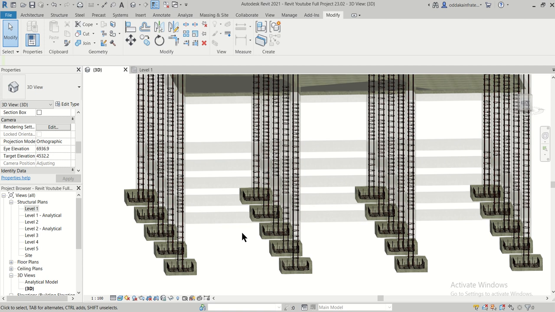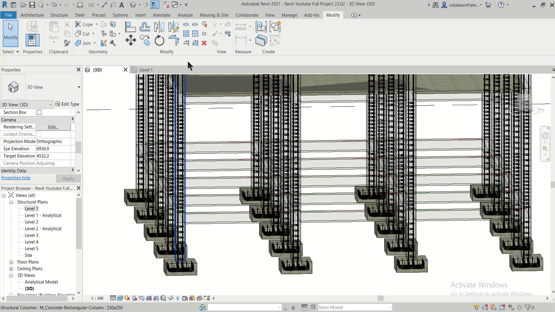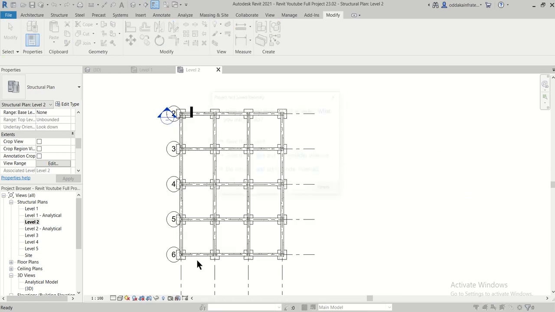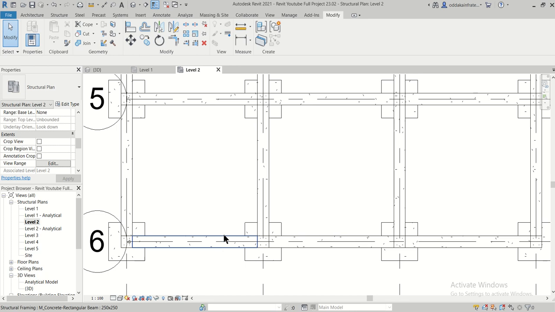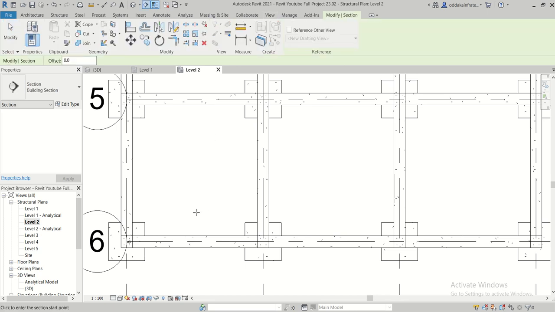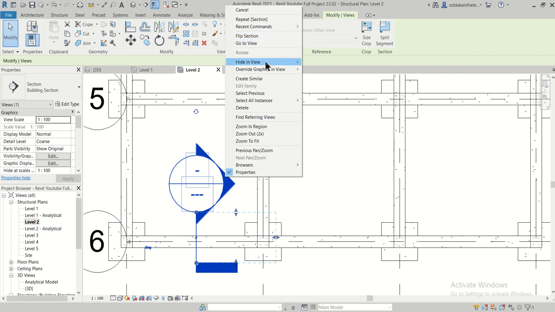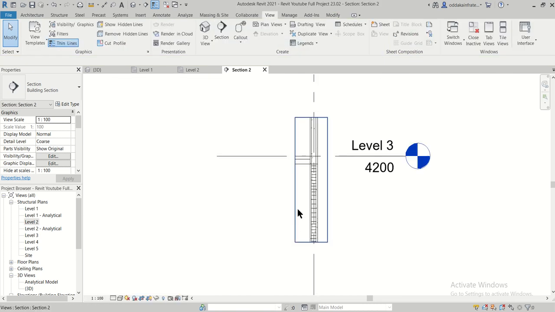And for the next part, that is inserting of the rebars, we'll just go to level 1 and then go to level 2. So this is our rebars which we have to reinforce. So we'll just show you with the help of a section how to do that. We'll just cut a section here. So we'll go to our view option and here a section, and we'll just cut any section from here and right click on it and then go to view. So we have this particular sectional view.